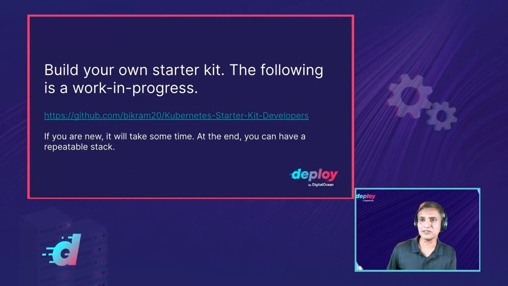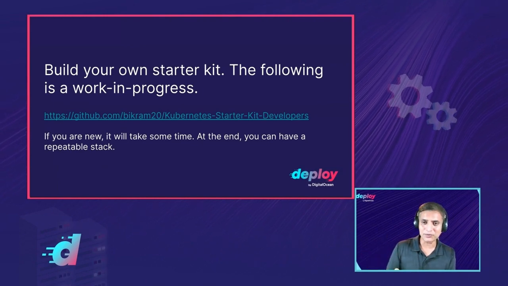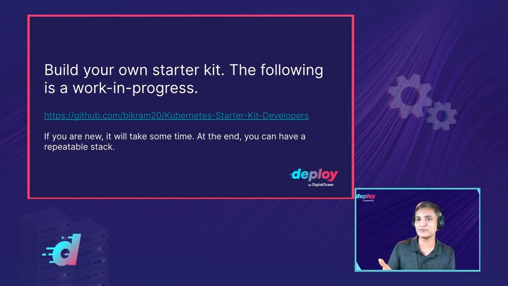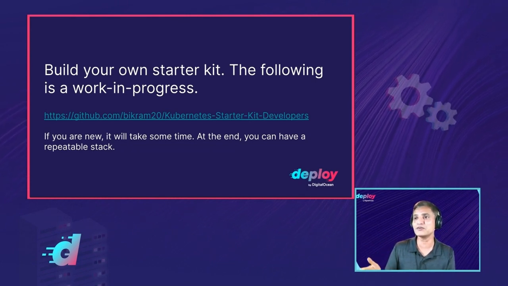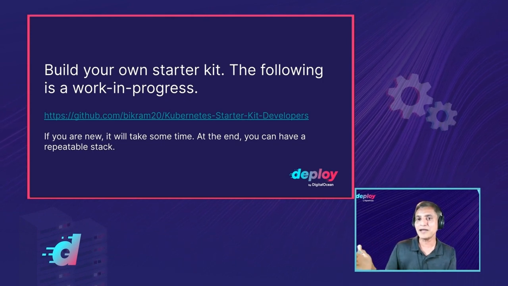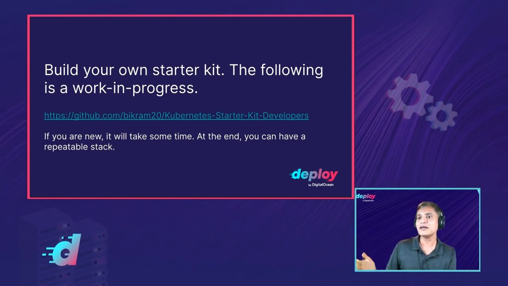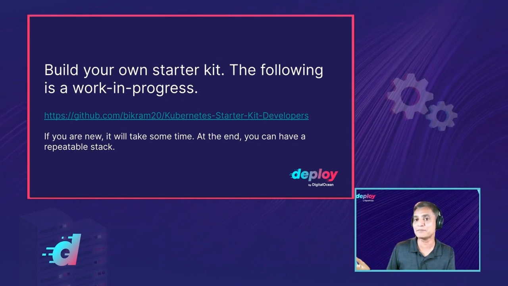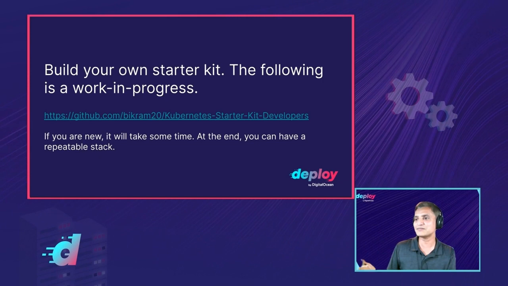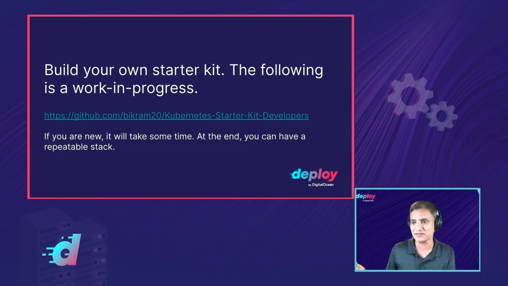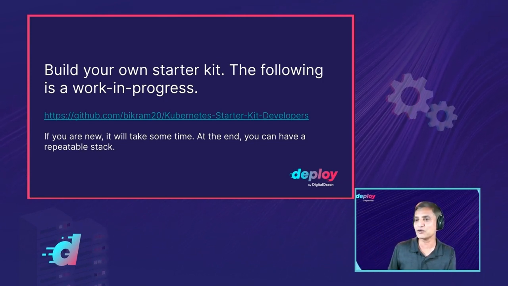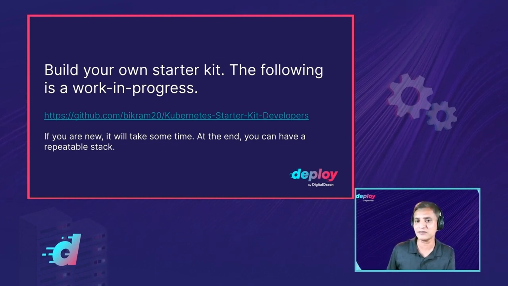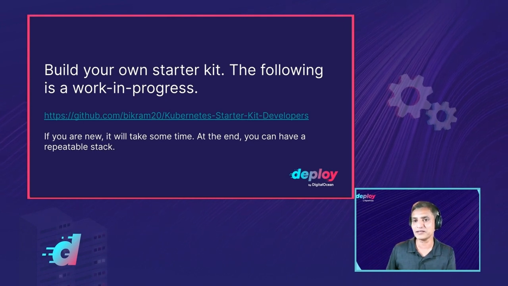Okay, so finally, wrapping up here, the installation is pretty simple. Getting to a setup where you can actually be productive right from day one means you need to build your own starter kit. At DigitalOcean, we are going to work and help you out so that over time you'll have a starter kit that can be fully automated. Right now, I think it's 30% there. But if you want to try it out, just clone the repo, try it out, and give your feedback in Discord or in the Slack channel, and we'll be happy to work together with you.